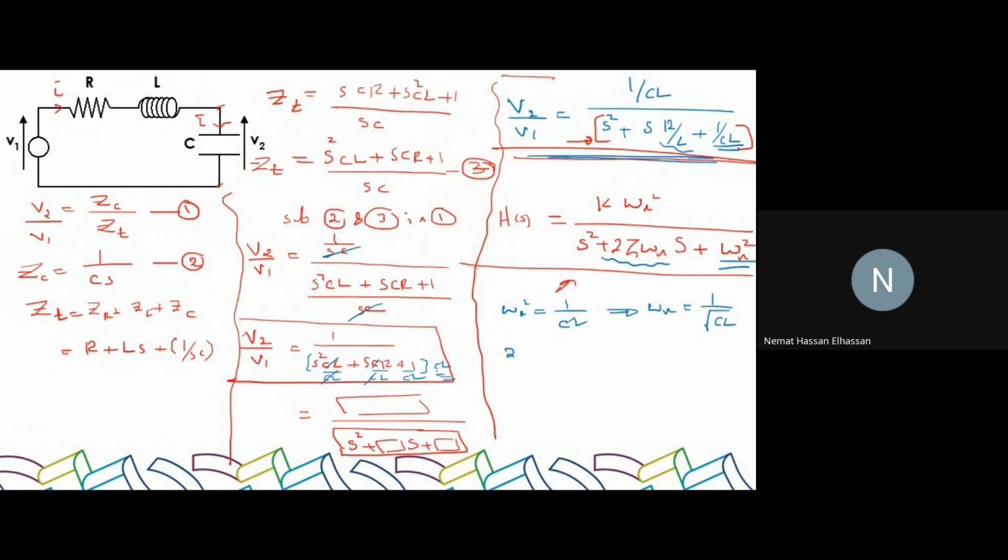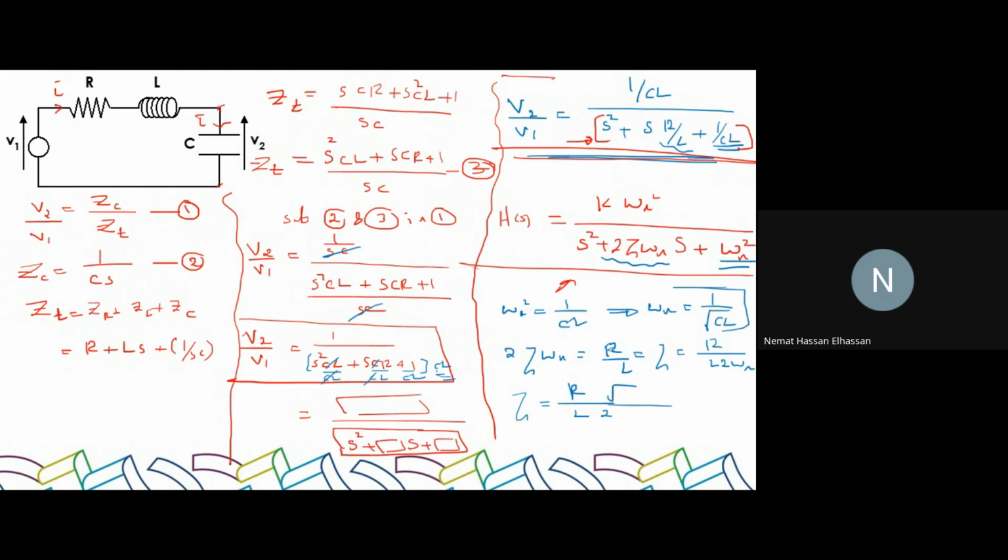So because 2 zeta omega n is equal to R over L, then zeta is equal to R over L times 2 omega n, right? And I already established the value for omega n here, right? So we can say that zeta is equal to R over L times 1 over 2 times 1 over square root CL, right? Which is equal to